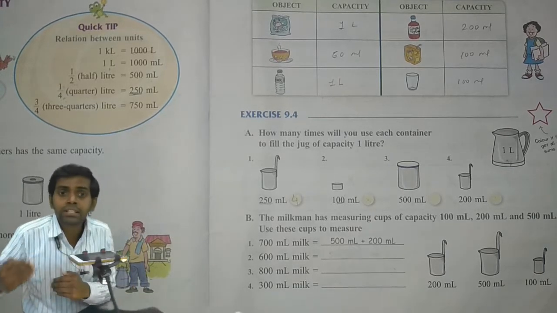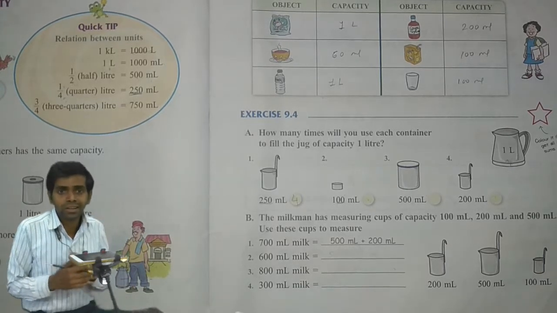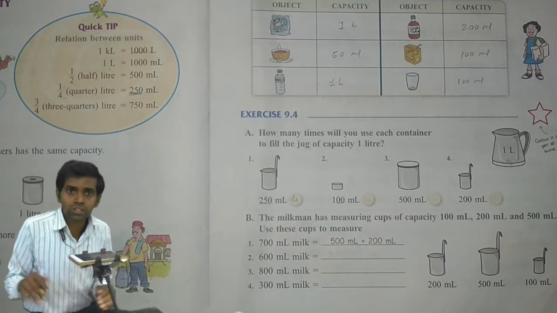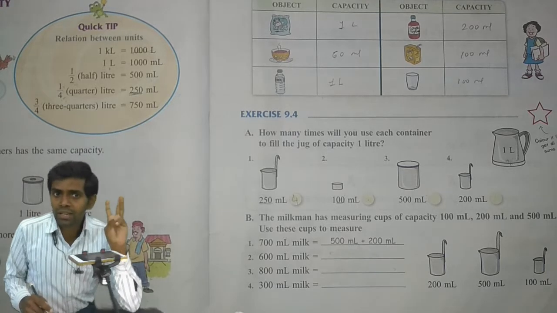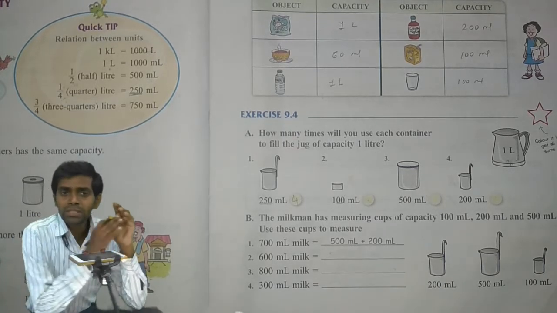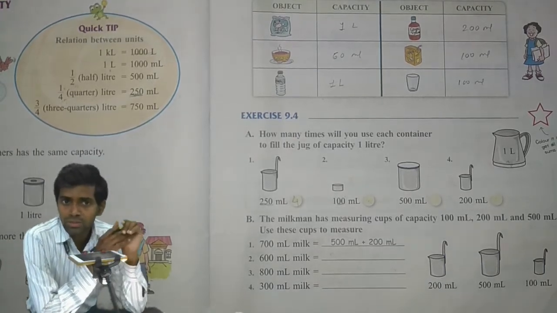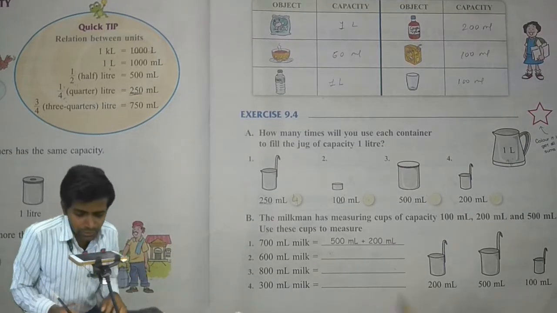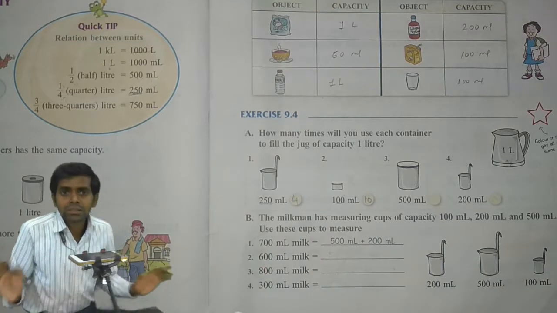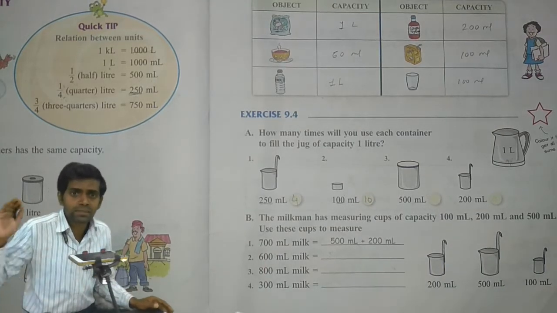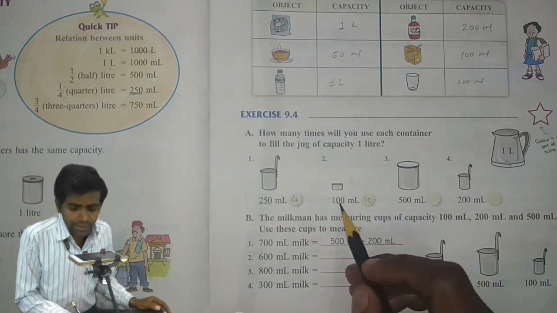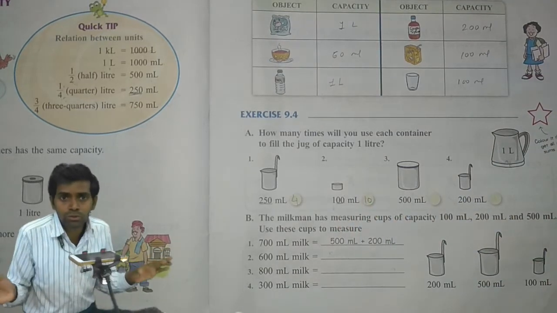What is meant by multiplication? Multiplication means a repeated addition. ठीक है, what is a repeated addition? It is a multiplication. That means 100 plus 100 plus 100 plus 100. How many times 100 ml do you need to make 1000? So we know that 100 times 10 is 1000, so the answer will be 10 here. That means 100 ml के कंटेनर्स हम लोगों को 10 बार, 10 times we required, then the capacity of both will be equal.